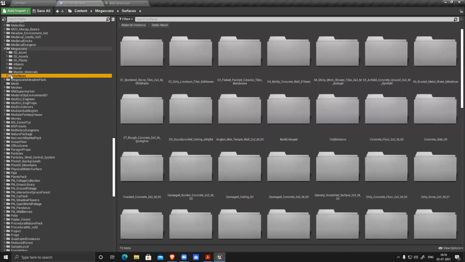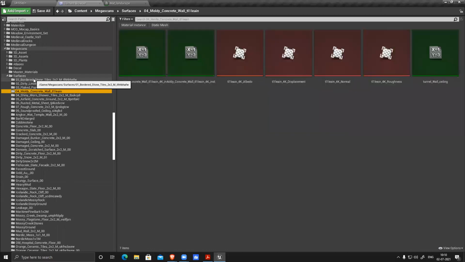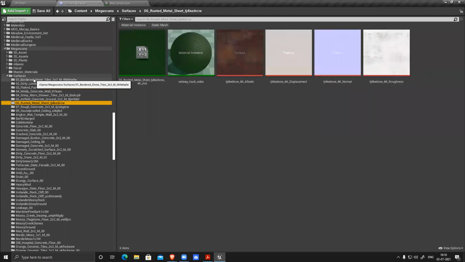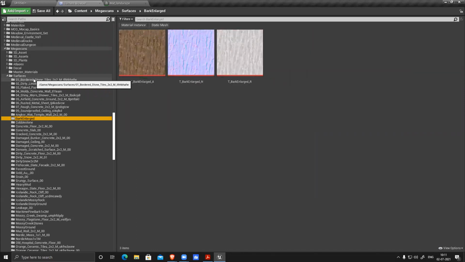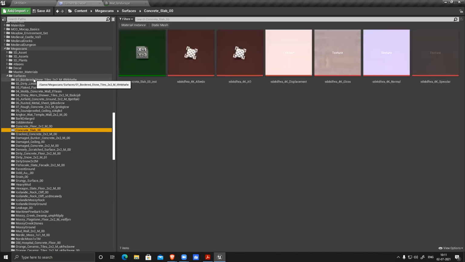You can see surface, and there are tons of textures that I have already downloaded. Let's identify a few textures and then use them. If you want, you could also directly export them from Megascans. That also works without any problem.